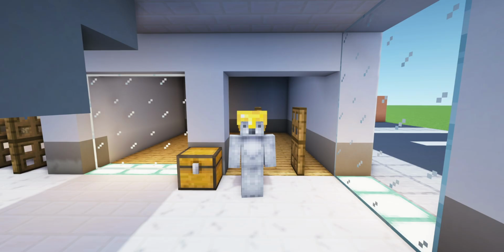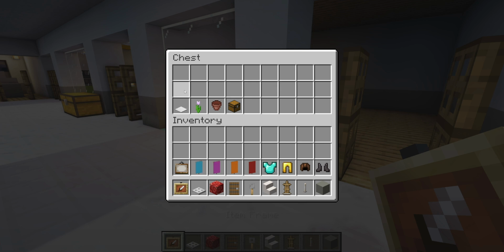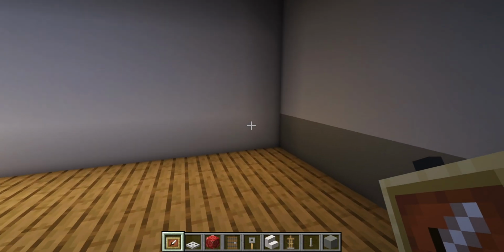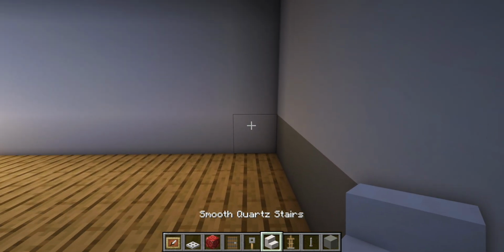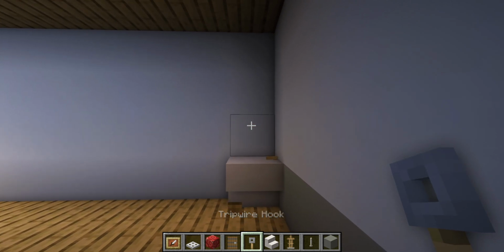There's one of the rabbits. Next up, we have a clothes store. So, for the clothes store, we will need all of these materials that you can see on the screen right now, and probably some more. We are first of all going to make the fitting room, which is right in this back corner: upside down quartz stairs, then a tripwire hook above it, or maybe we'll leave a gap of one and then